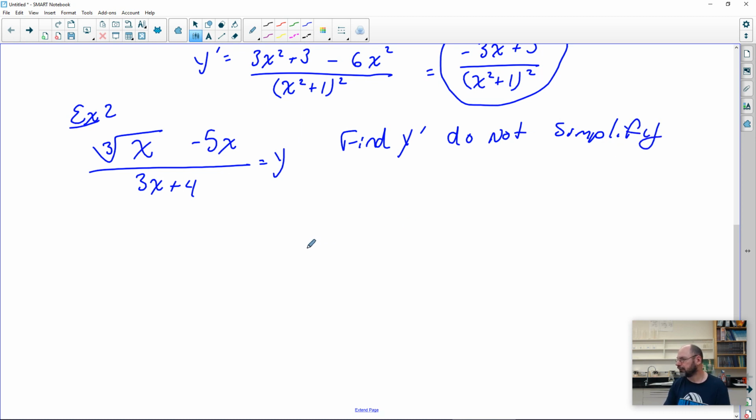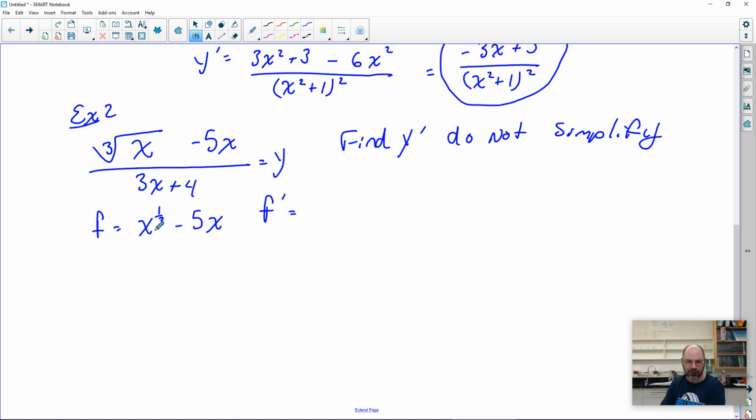Okay, so we're just going to do the derivative only in this case. I'm going to rewrite this out with f and g. So f is going to equal, let's write this in exponential form, x to the 1/3 minus 5x. Okay, so if we do the derivative of that to get f prime,